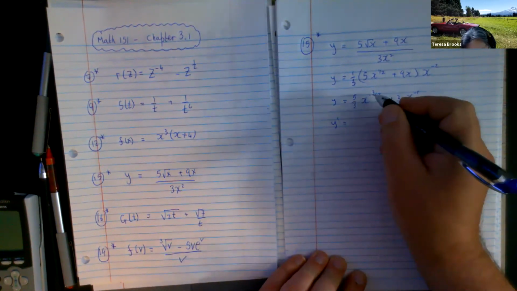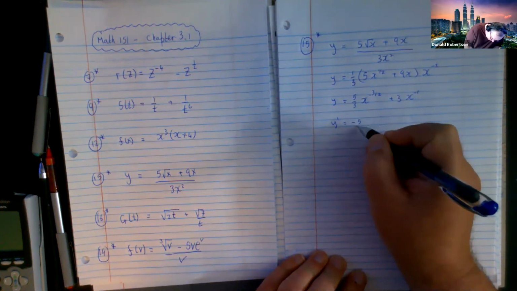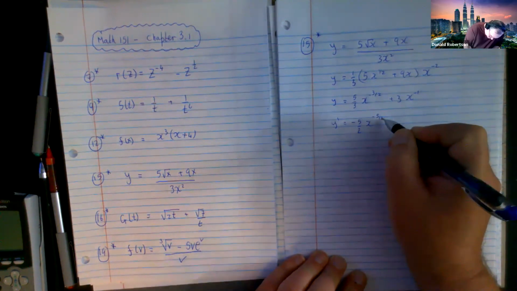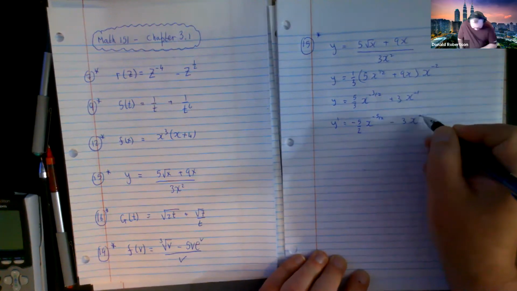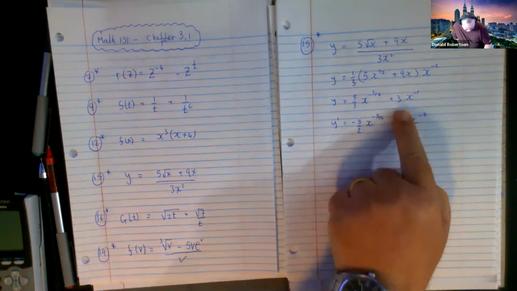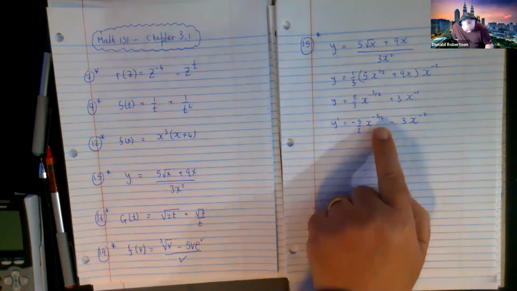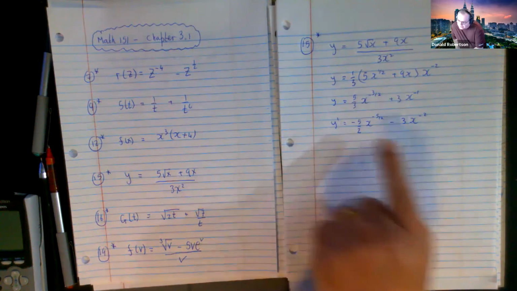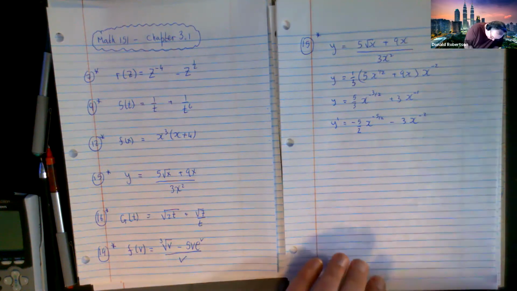Multiply by the power, which is -3/2, you get -5/2. Reduce it by 1, you get that guy, -3x to the -2. Right. Multiply by the power, reduce it by 1. Multiply by the power, reduce it by 1. If you're wondering what happened to the 3, it gets cancelled out with that 3, and the 2 still survives. So that's why it's -5/2. And then to make it pretty,